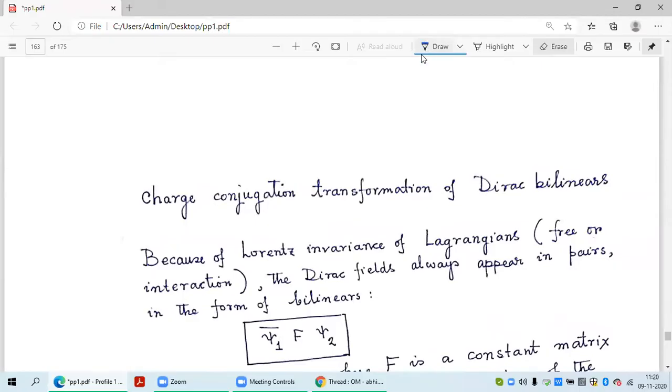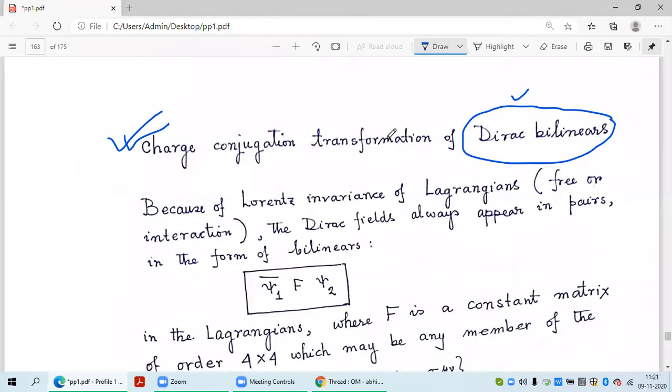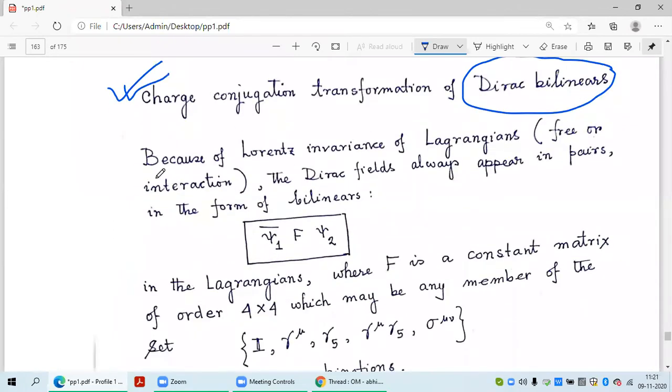Now we will study a very important aspect of Dirac field and charge conjugation, which is how the Dirac bilinears transform under charge conjugation. Now all of you know what Dirac bilinears are, because for the case of parity we have done this. Now note this,